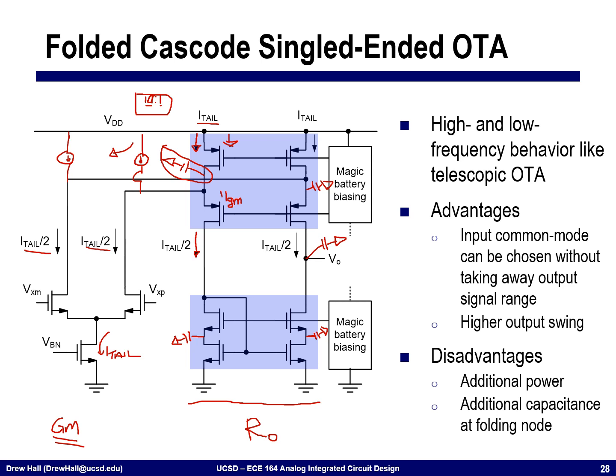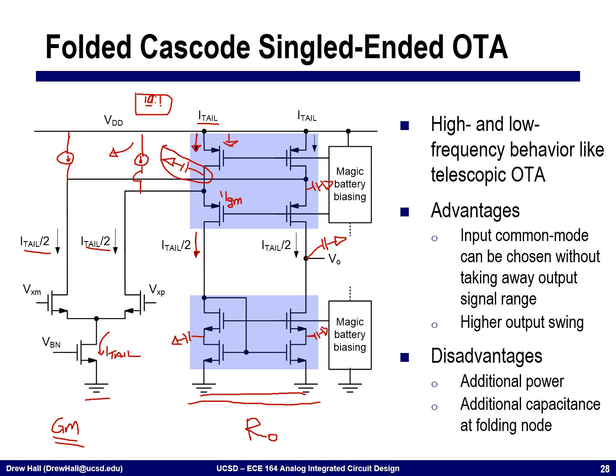It's not as far out as you would like. All right, so advantages. Common mode can be chosen fairly arbitrarily. It doesn't really affect the signal path in the same way that the telescopic OTA does. One of the disadvantages is that we now have two branches. So I have current that's flowing through this side, as well as current that's flowing through the load side, and so I have additional power consumption. This is usually worth the trade-off of getting back some output swing and having a much wider input common mode